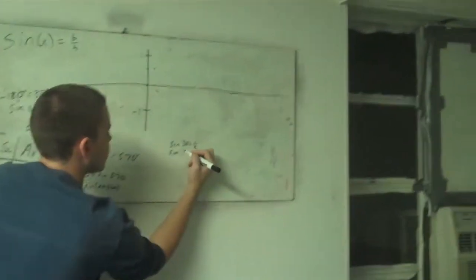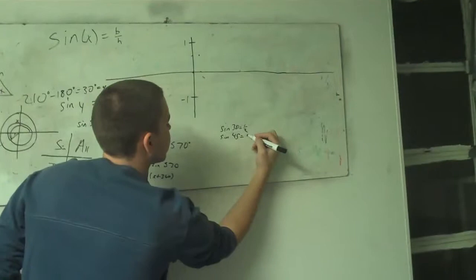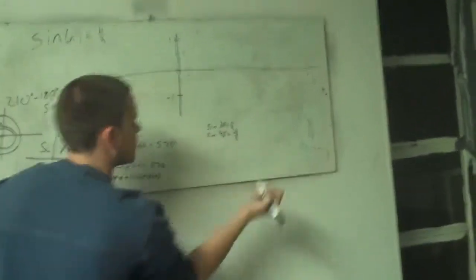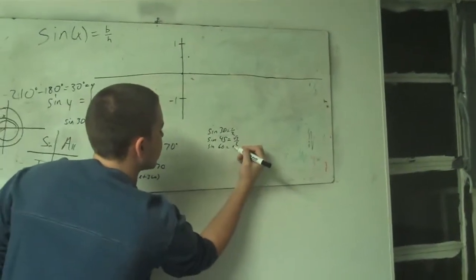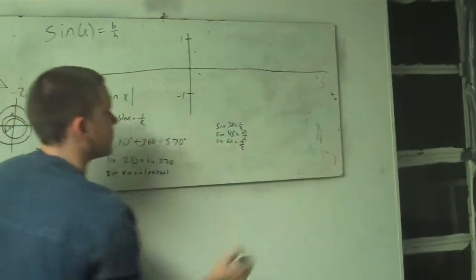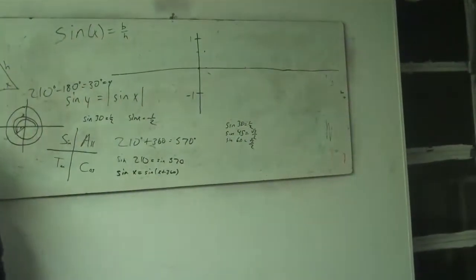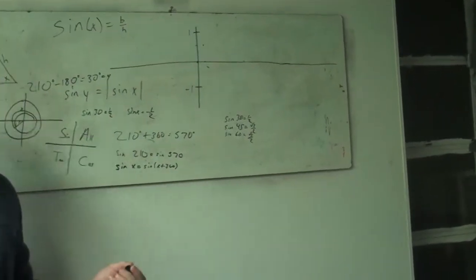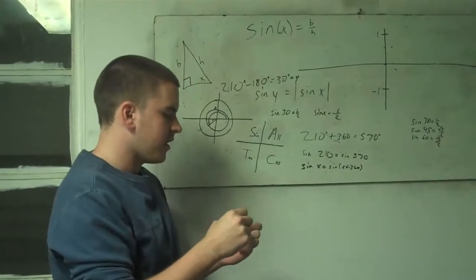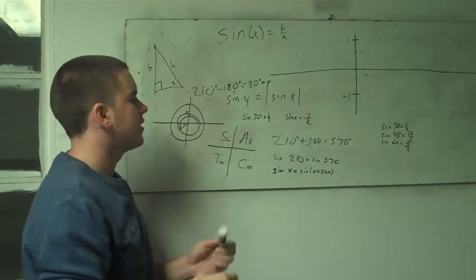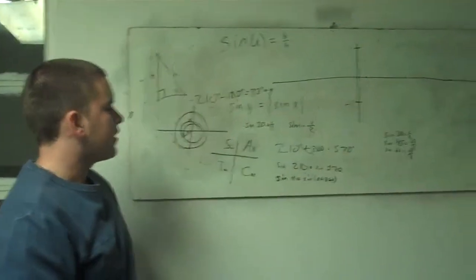The sine of 45 we know is equal to the square root of 2 over 2. The sine of 60 is equal to the square root of 3 over 2. And so on. These are the ones that we know already from 30-60-90 triangles and 45-45-90 triangles. Now if we expand that knowledge, we can add